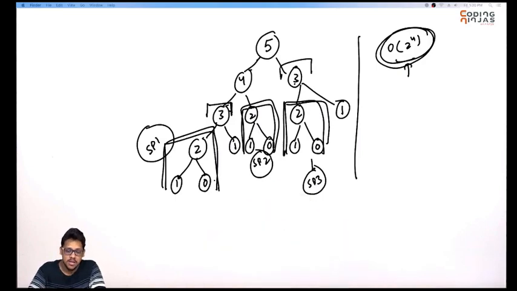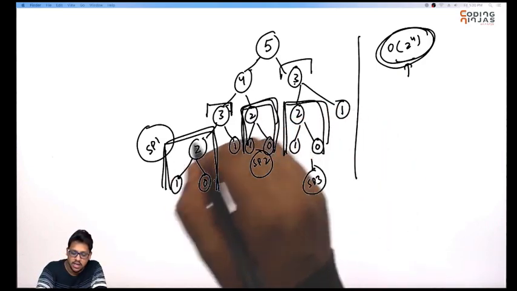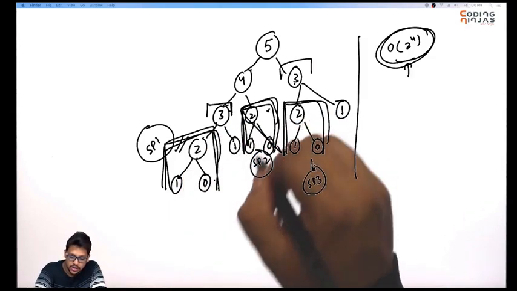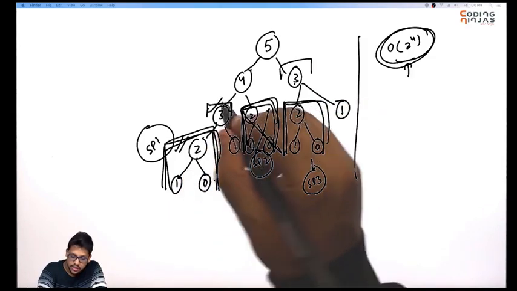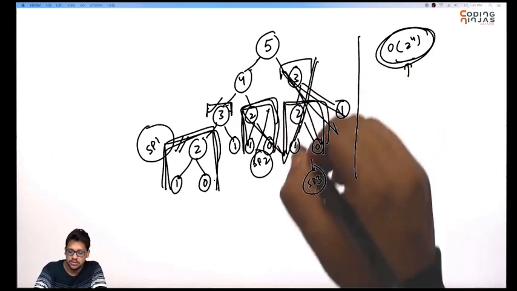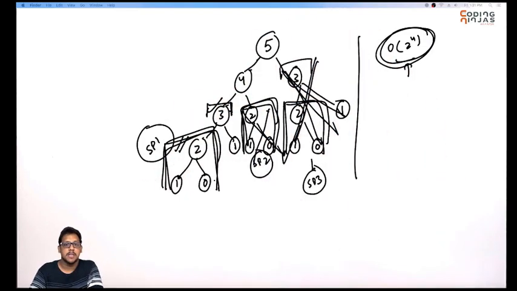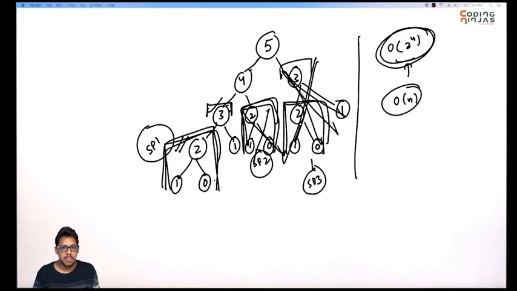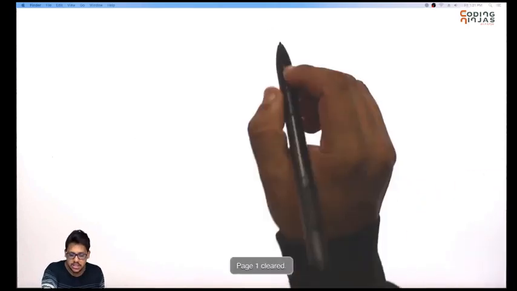In dynamic programming, we do not calculate this result again and again. So you have calculated 2 here, you will not calculate it here. You have calculated 3 here, you will not calculate it here. So all of your calls will become unique. And if that happens, your complexity becomes order of n. Right? Why? Because just see, you were